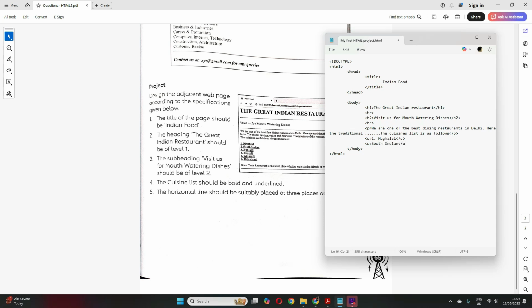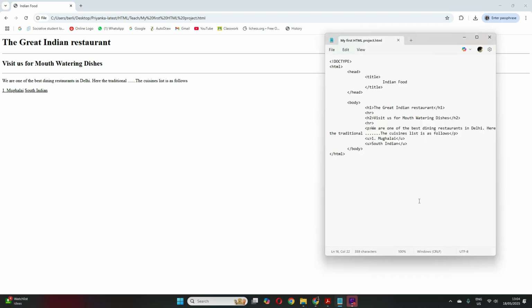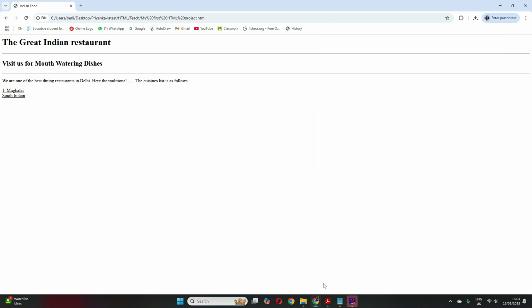Right? Now let's save and see how it turns out. See, there is no break coming up. We want it to come in the next line, right? So we have to give a BR after this, correct? Now let's save and see how it turns out. See, it turned up in the next line.